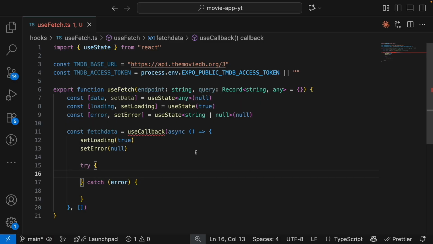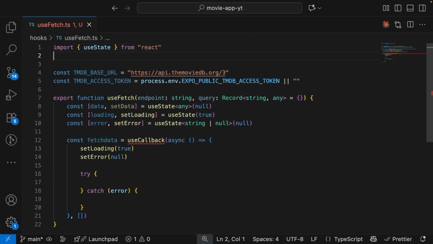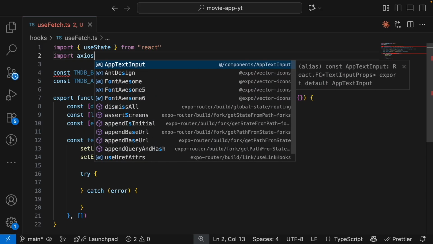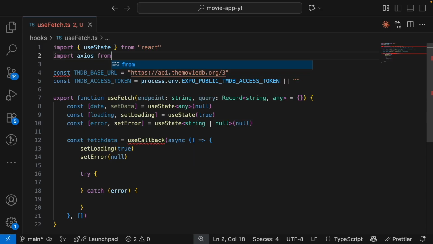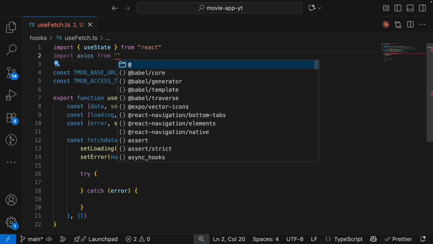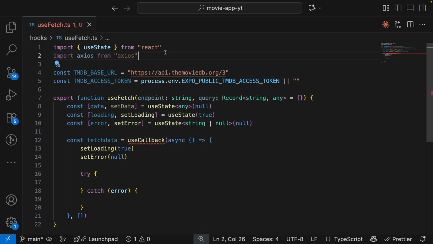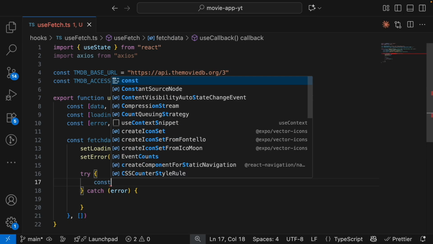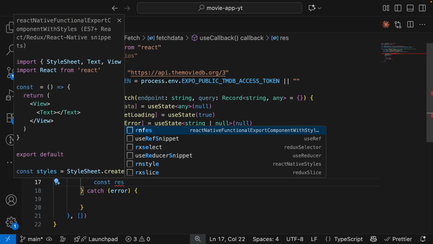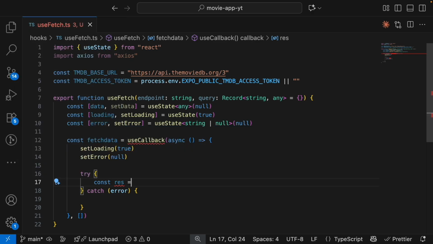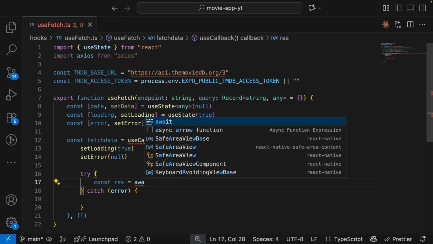Okay, so now that we've installed Axios, I can go ahead and import Axios at the top here like this: import Axios from Axios, like this. Okay, all right, so now let's continue. We're going to say const results. What's going to be the results? It's going to be await